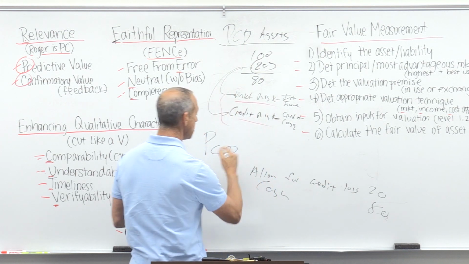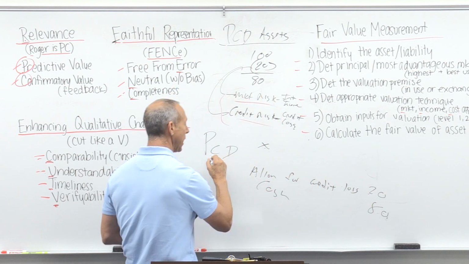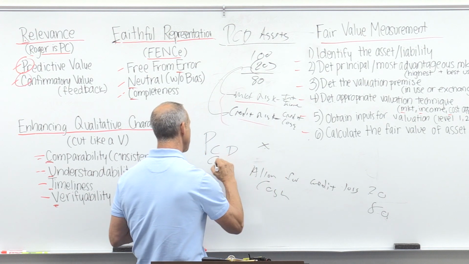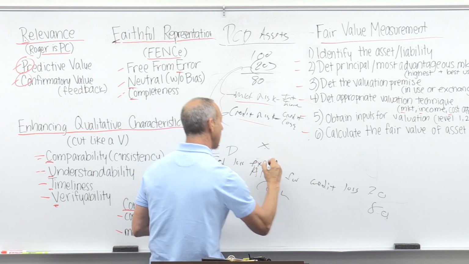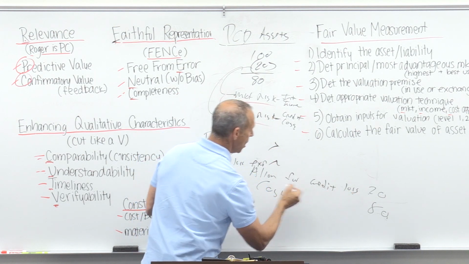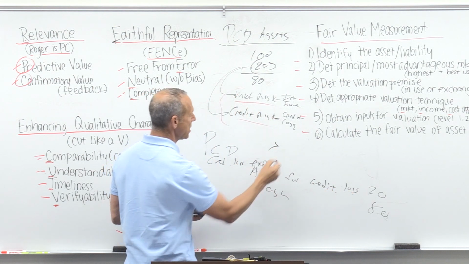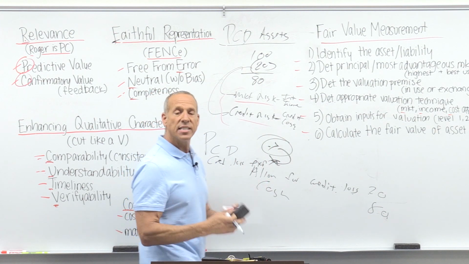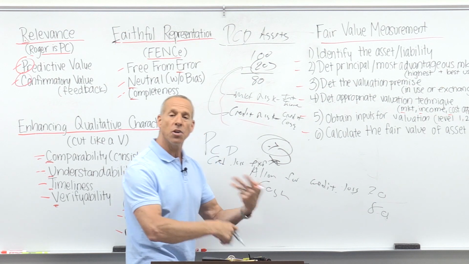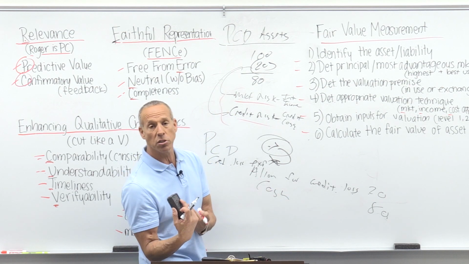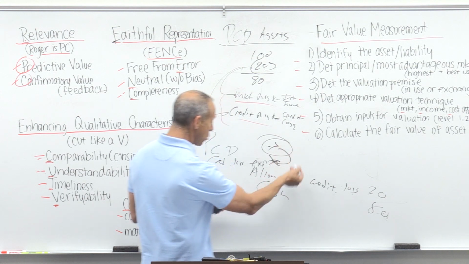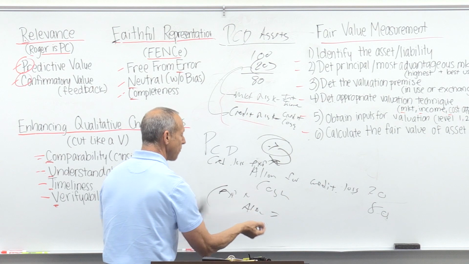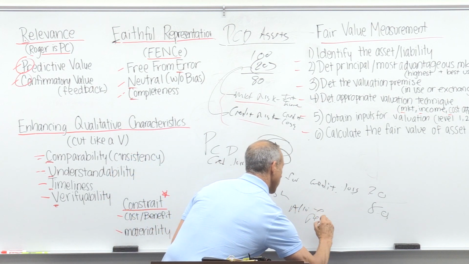Now, normally what I would do is hit this for the debit, but I would also hit, not allowance, I would hit credit loss expense at the time that I buy it. So normally you would have some kind of allowance and credit loss expense. What they're saying is no, don't do that, add it to this price. So you're putting it in there. Then as it changes each year, we're going to do the normal entry for additional credit loss expense or reversal of credit loss expense. So I'll either increase it by debiting expense and credit allowance, or we'll have a recovery and I'll hit allowance and credit recovery.